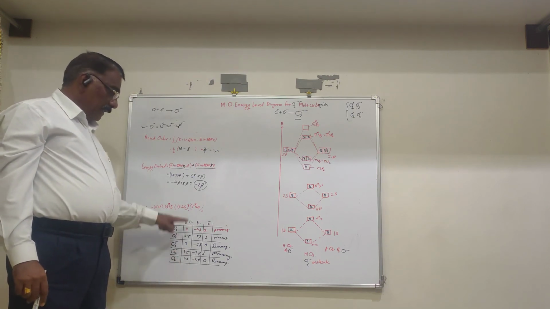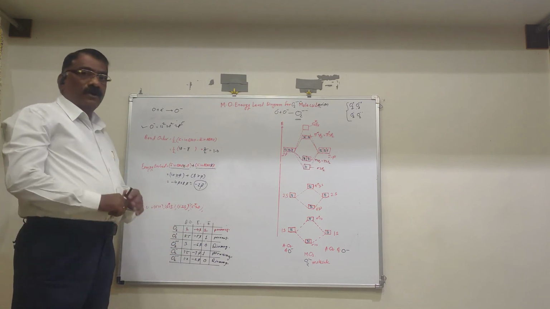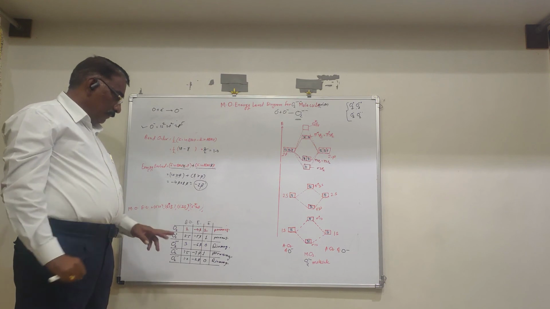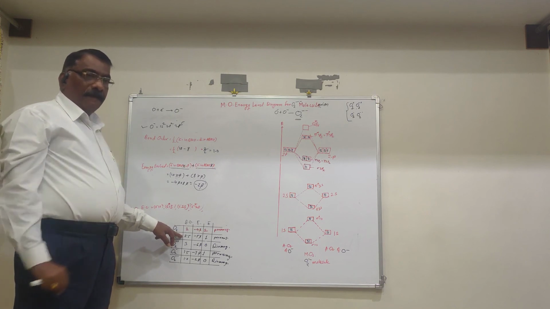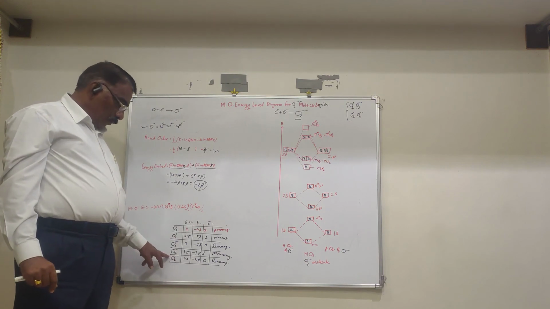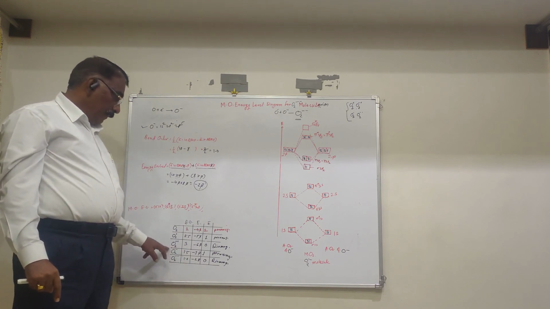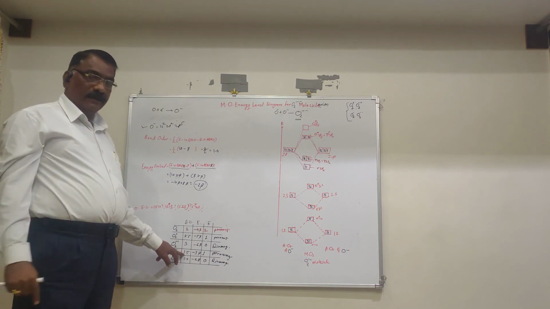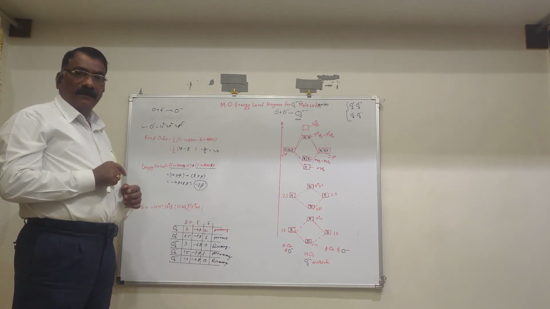When we compare these ions with one another, the bond order indicates that higher is the bond order, shorter is the bond length. So it has the shorter bond length, then it has a slightly larger bond length. But when we compare the bond length, O2 2 minus has the highest bond length. Then O2 minus has the second highest bond length. But stability will decrease. As the bond length increases, stability will decrease.